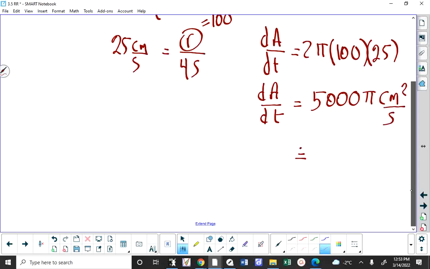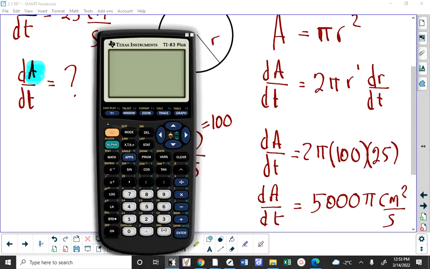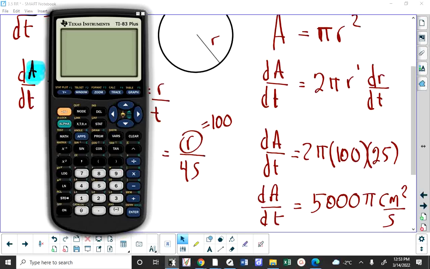If you want to work out what the approximate value is, it's going to be, I don't know, 15,500 approximately when you multiply 5,000 by pi. But you can work on that. You can do that calculation yourself. 15,707